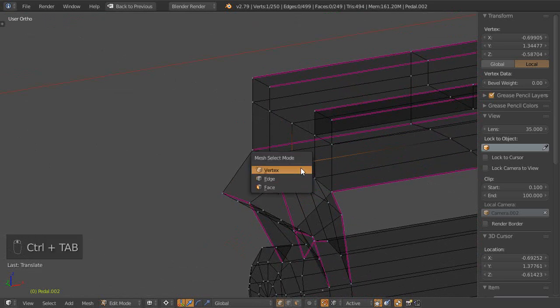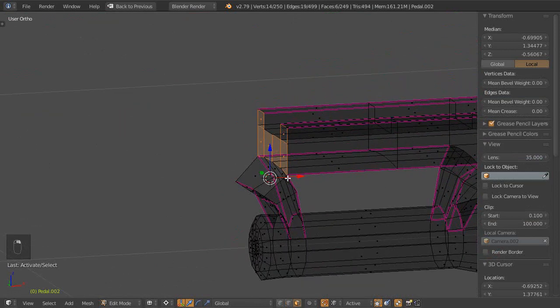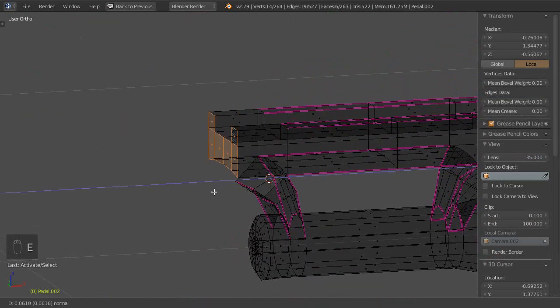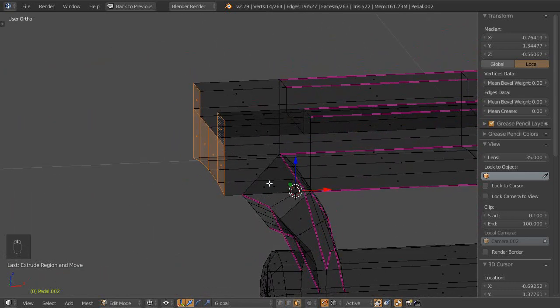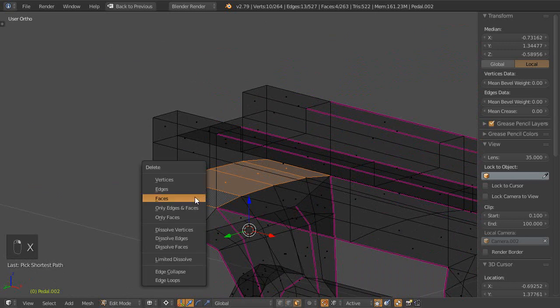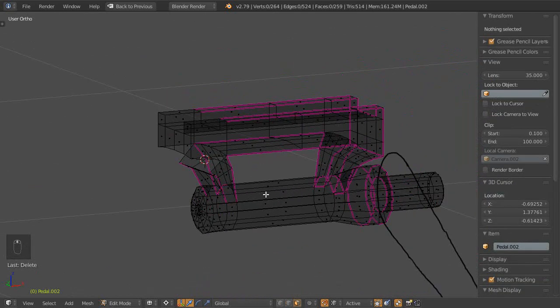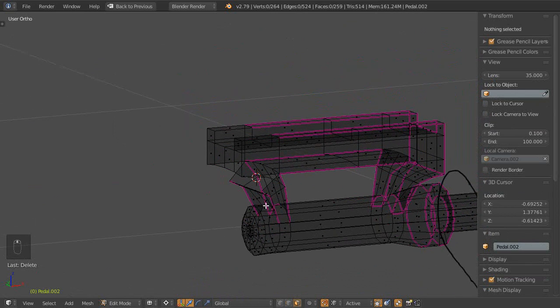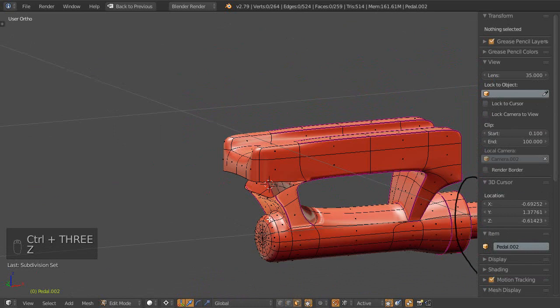I should have just phased. I should have just gone past. Because now I have these faces to contend with down here, but I'm just going to delete them. Okay. Now let's see how this looks, how I'm going to close this up because Control 3 Z, and